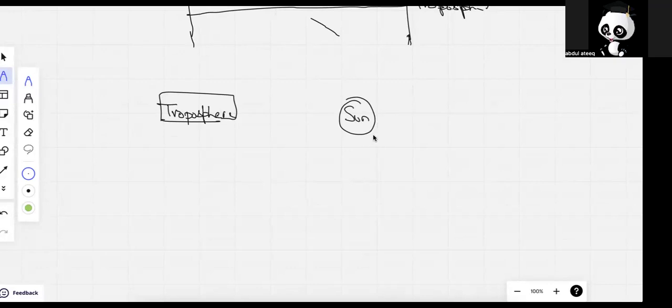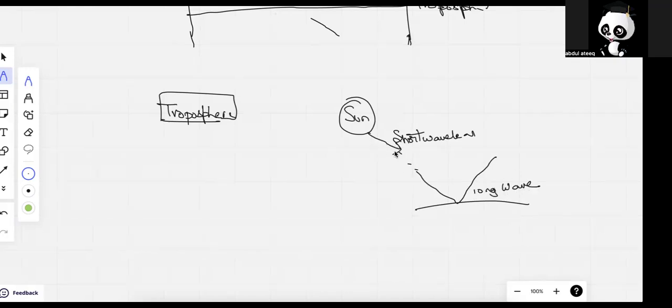Of these, visible rays come to the Earth's surface, and broadly these radiations are short wavelengths. They come to the Earth's surface, hit it, and are reflected back as long waves. Now, whatever heat you feel is because of the long waves, that is the reflection happening on the Earth's surface,